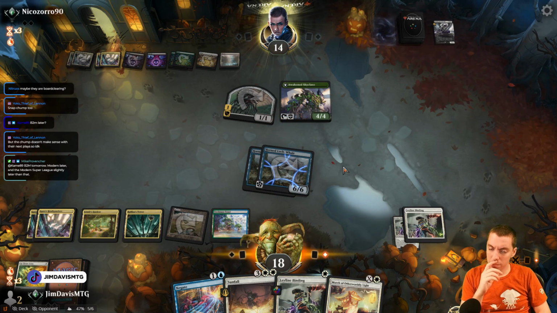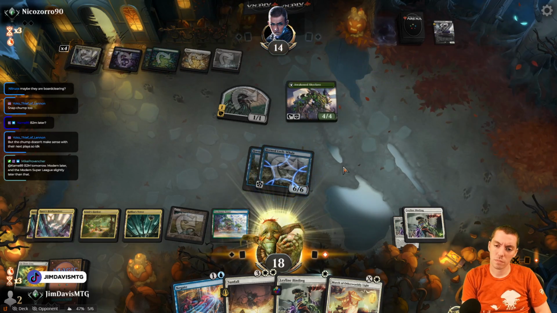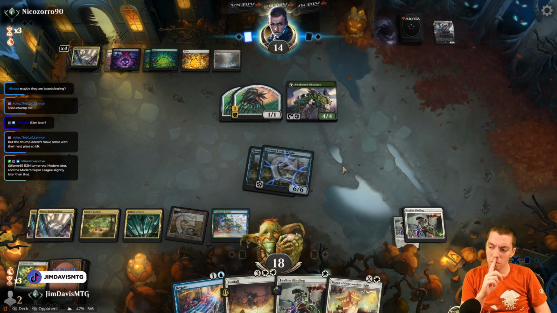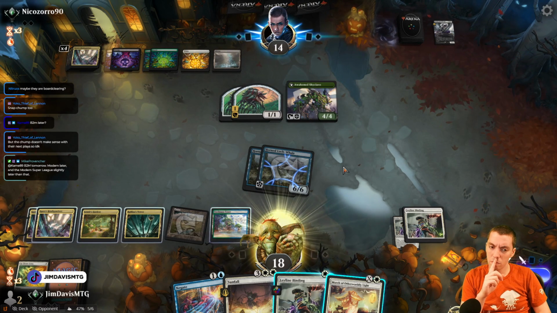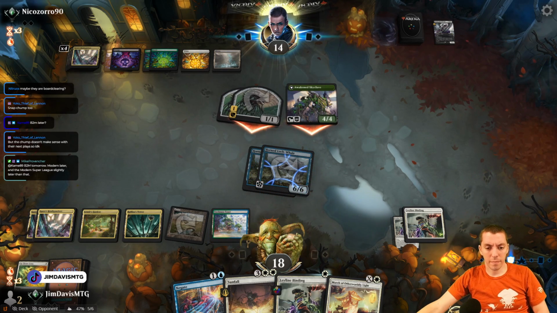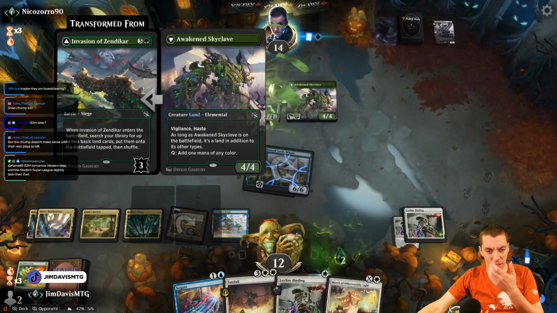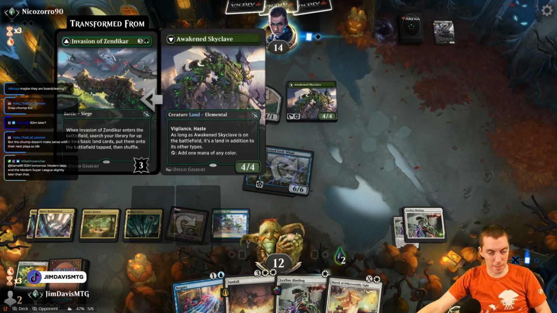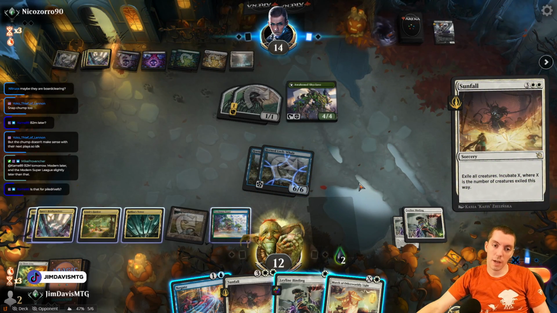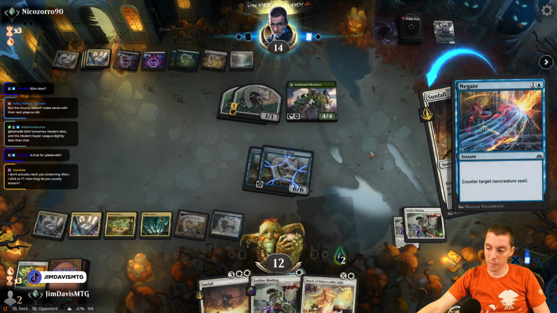So there you go. Sure. Just gonna take this. We can end step March the Skyclave again. This is a 4 mana land because it has the mana value of the front side. They're gonna Sunfall. We're gonna Negate. I think at this point this is the spell we're countering. So,